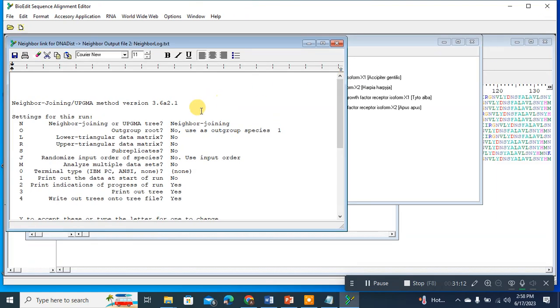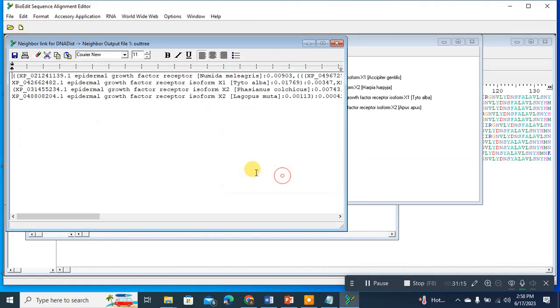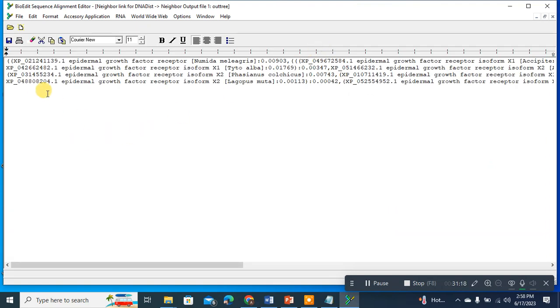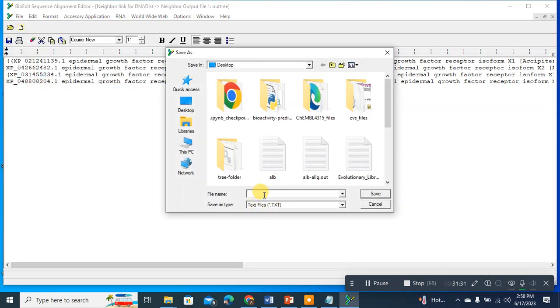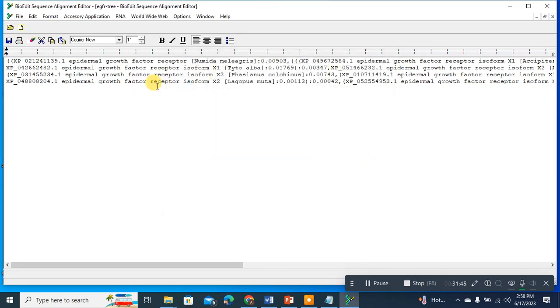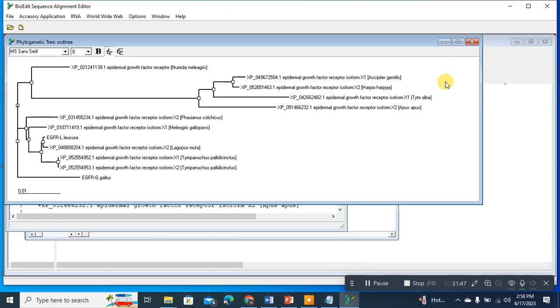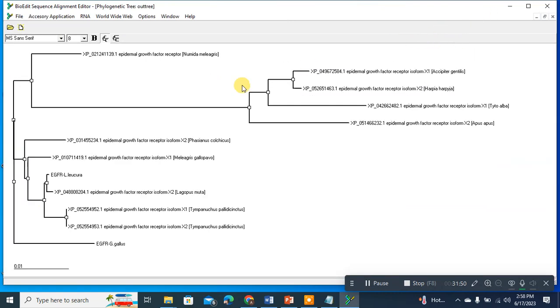Okay, I'm going to cancel this. Okay, this is actually the tree, but this is a Newick format tree. So I'm going to save it, and I will tell you why. Save as a text file. So you say EGFR dash tree. I'm going to save it as EGFR dash tree. Yes, okay, close it. This is your tree file,